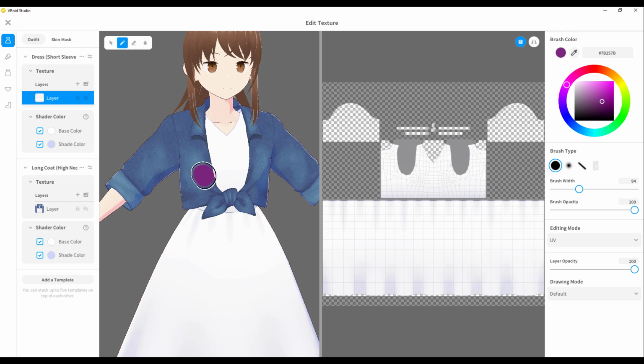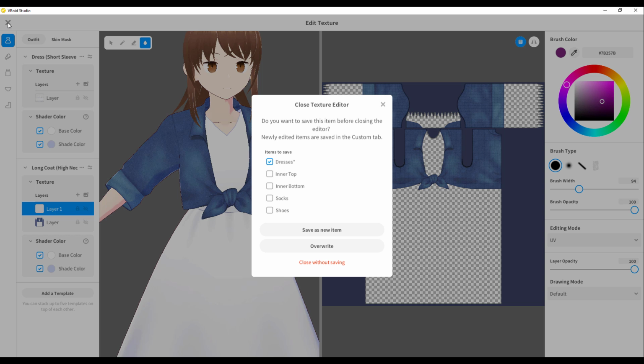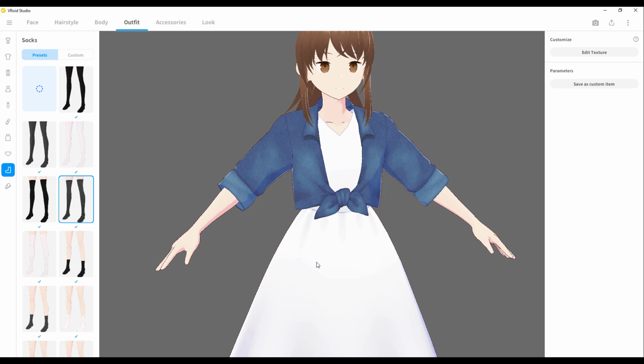If you like to edit the top, you can also switch from the dress, and you can go all the way to where we have the long coat. Click on the layer that is responsible for the texture, and you can get it. You can also choose to add extra layers, and this is for those who like to overlay settings, paintings, or texture details in. You also have the eraser brush that you can use. You also have the blur brush, and this just simply makes sense. So depending on what you want to do, texture painting is available and you can use it. So with that said, if we click on the X button, we can choose to save this or simply close the texture editor without saving.